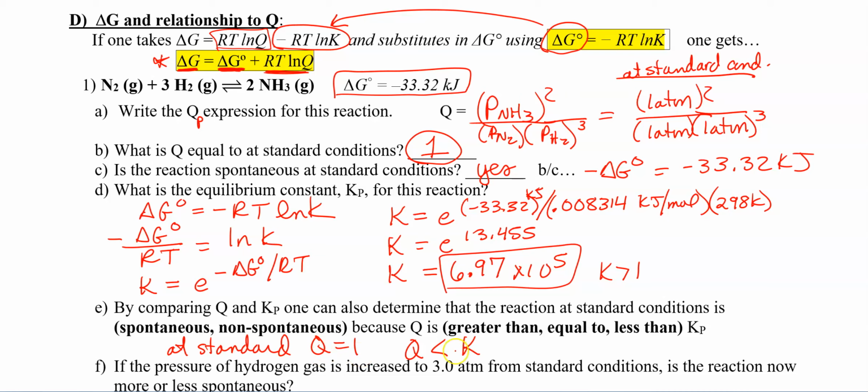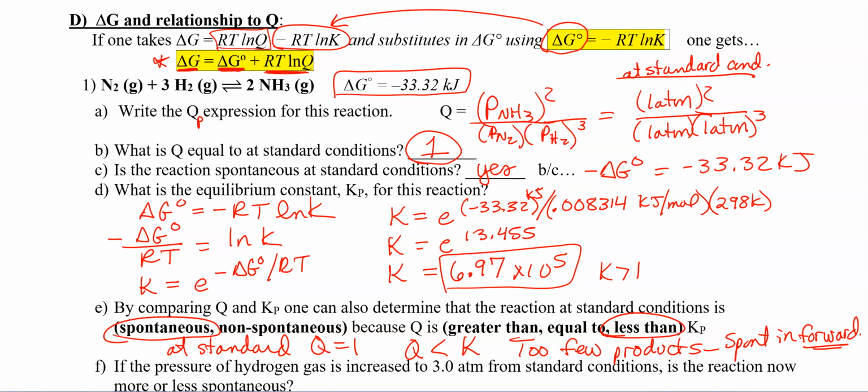So we have too few products, right? The Q is less than the K. We have too few products. It needs to proceed in the forward direction, spontaneous in the forward direction. It will go in the forward direction to get to equilibrium, so it gets more products, right? So the Q is less than the Kp. You are going to need to proceed in the forward direction, which means it's going to be spontaneous in the forward direction